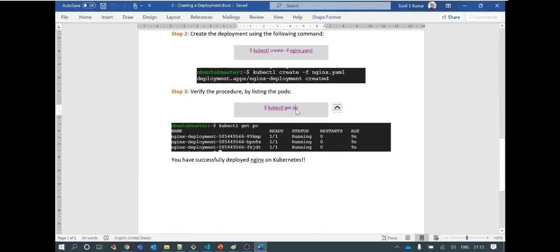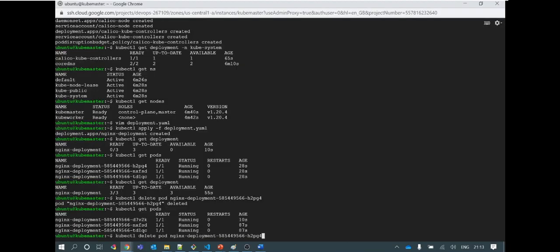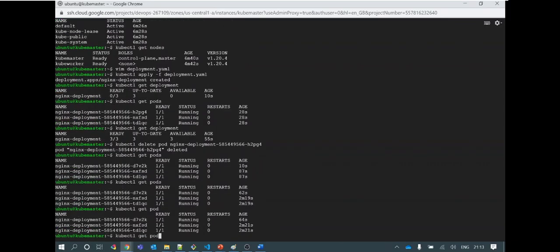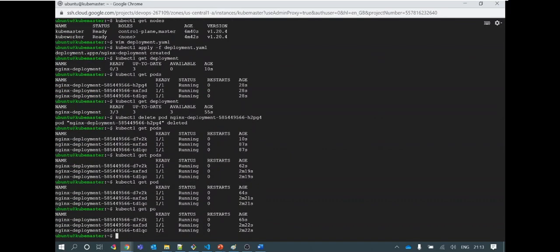So the Kubernetes deployment was created and we were able to check the pod status. In short, you can run po also for pods. So you can run it 3 ways: get pods, get pod, or get po. All these 3 commands are aliases to the same command, and all 3 will return the same pod status.